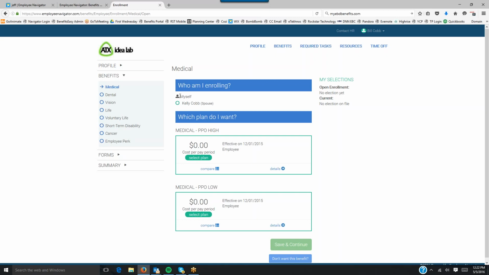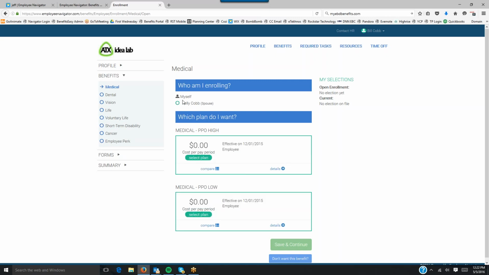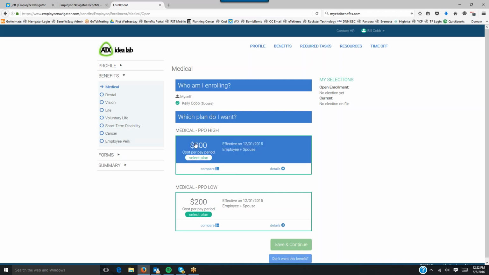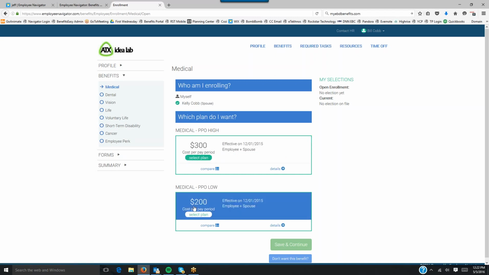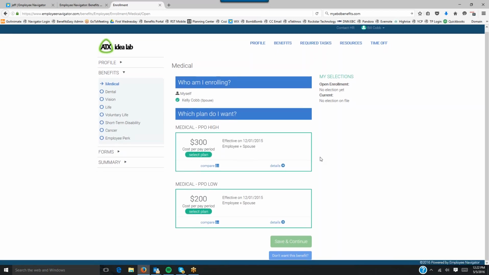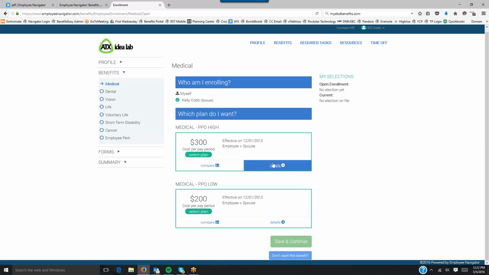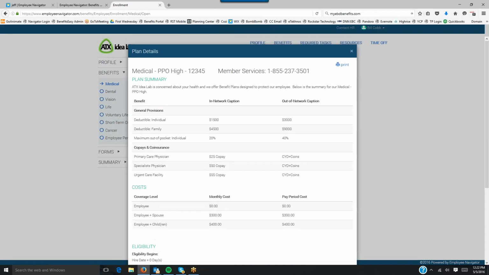Myself will always be elected in something like this, but then they have the spouse, and they can choose on it. You see there's no cost per pay period in this situation because it's only Mr. Bill, but if he adds his wife, then we start seeing the cost per pay period listed out. For sample's sake, we did a dual option, so you can see if it was just one plan, like you see on, say, a dental or vision, then all of them have the effective date and per pay period cost, but then you click on details, and this is a printable or viewable screen